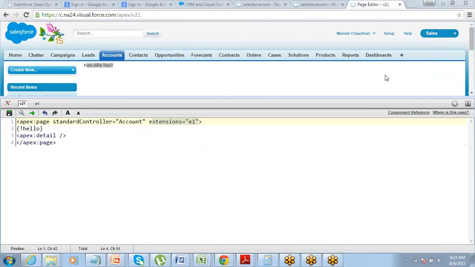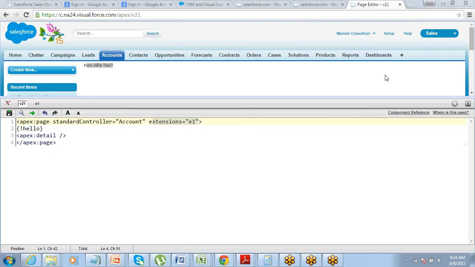I want you to do one small thing. The codes that we have done so far, what you can do is at least try to use 2 to 3 of them as an extension controller. All right, so that's going to be an activity for you. At least try to use 2 to 3 of the codes that we have done so far from the custom controller thing, right? 2 or 3 of them to be used as an extension in some standard controller page, right? So a standard controller page you can take of your choice, take it for account, opportunity, right? So that's what I want you to do.